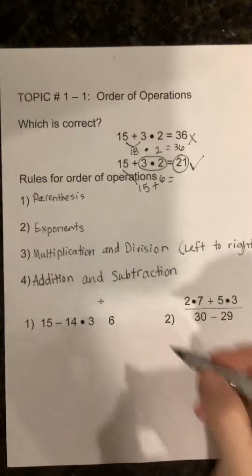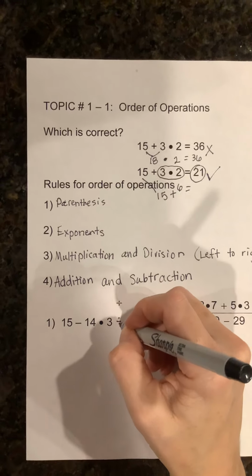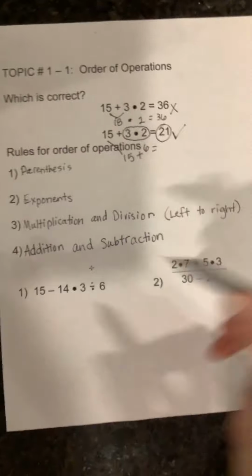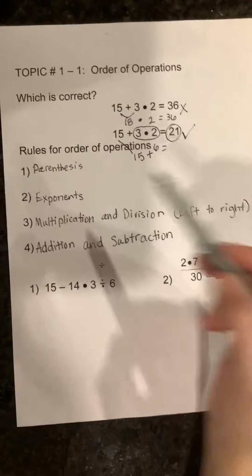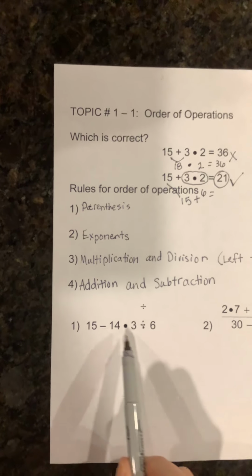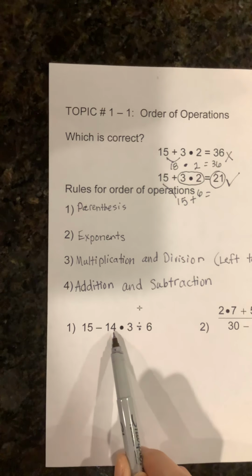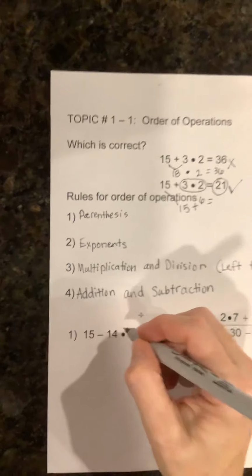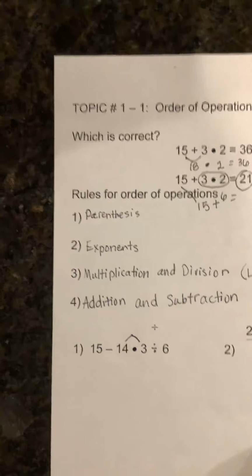All right, so let's keep going. Let's work out this next problem. And this division sign, I'm not sure why I printed it way up there, but it should be right here. Okay, so parentheses, nope. Exponents, nope. Multiplication or division. So I look from left to right and I'm going to do what comes first. So I have a multiplication symbol in between 14 and 3. So I'm going to multiply 14 times 3,